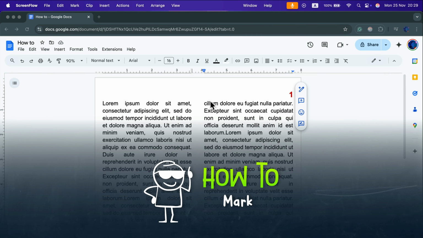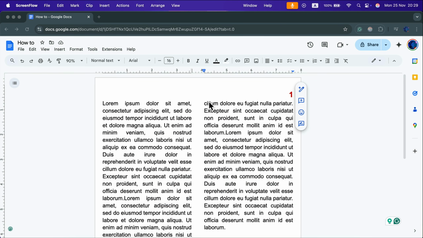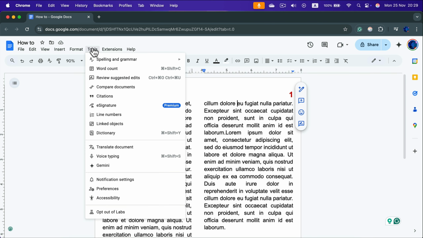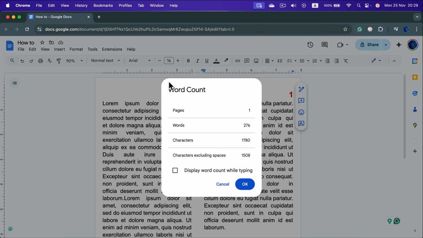How to check the word count in Google Docs. Simply head to Tools at the top here, and you will see it straight away. It's the second option on the list, word count. Open it up, and you will have this pop-up showing you one page, in my case it's one page, 276